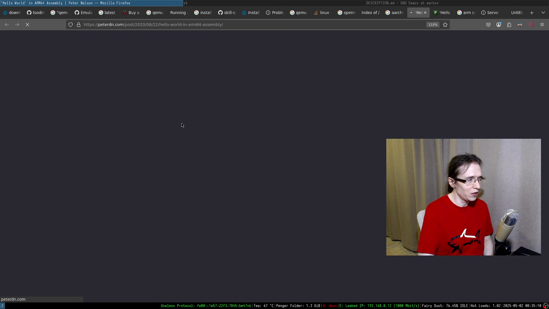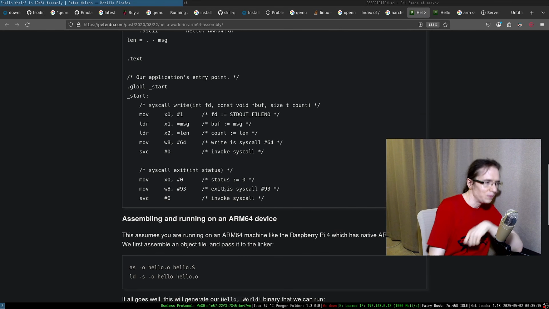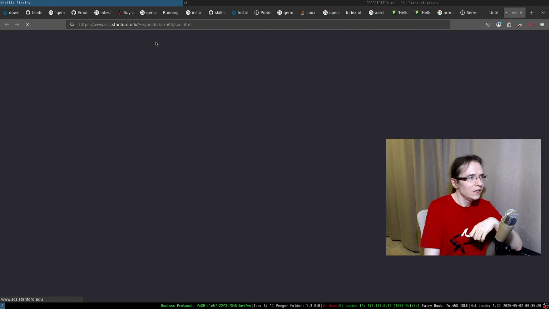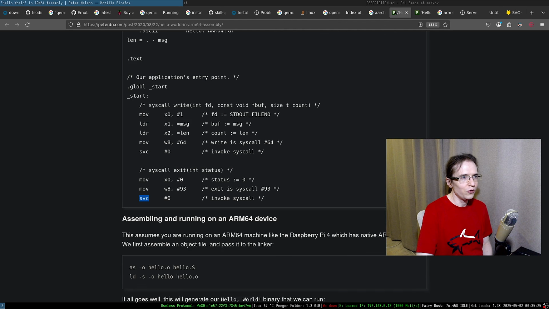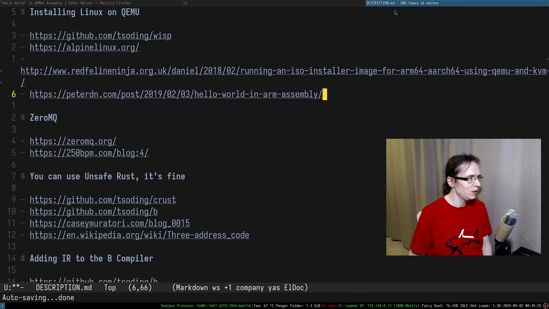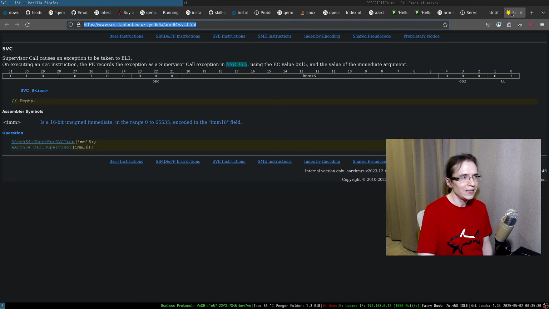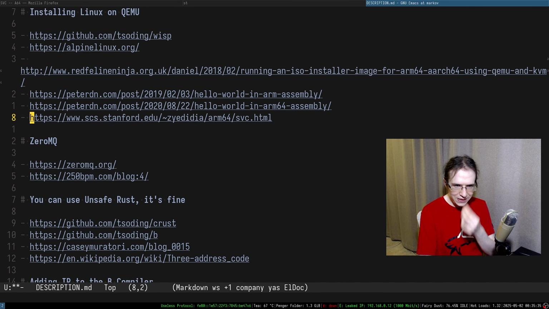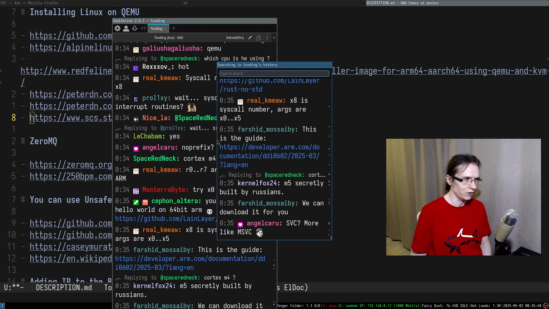Okay, so there is a similar guide for ARM64. That's pretty cool. And it's SVC, right? Somebody actually gave a link in here. So let's put all of those things into the description. This is that one, and here is the SVC guide. There was also a PDF somewhere that we used. I think all of that has to be in the references.